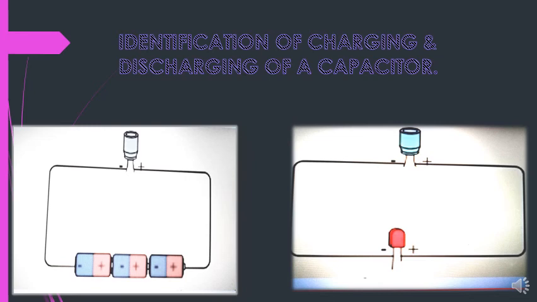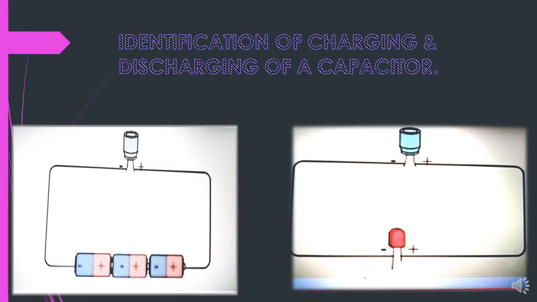So the method is: connect pieces of wire to the terminals of the capacitor. Connect the other ends of the wires to the dry cells correctly. After a few seconds, remove the dry cells and connect the LED correctly to the capacitor and observe. The positive terminal of the dry cell should connect with the positive terminal of the LED. Discuss the reason for your observations.